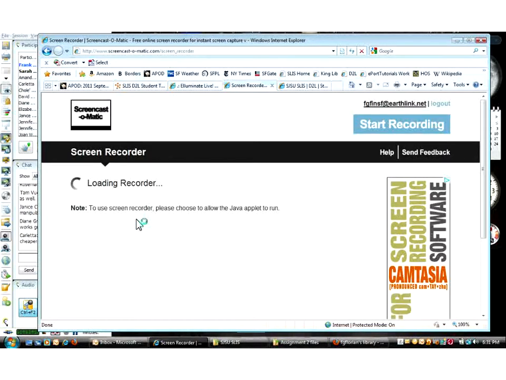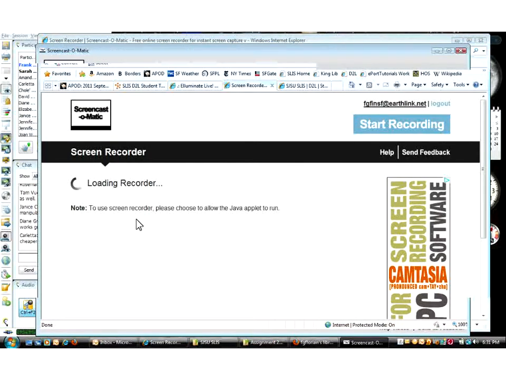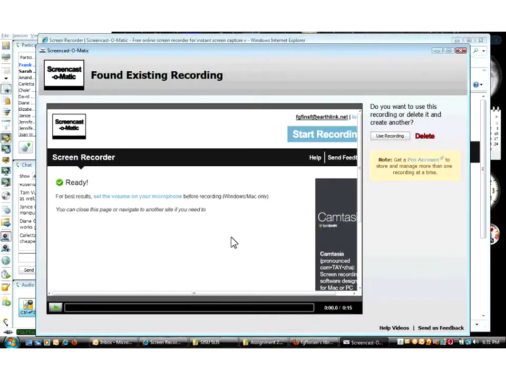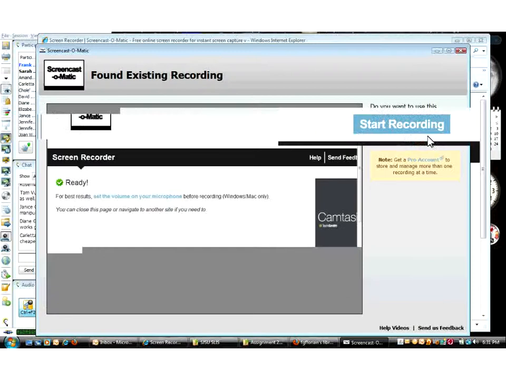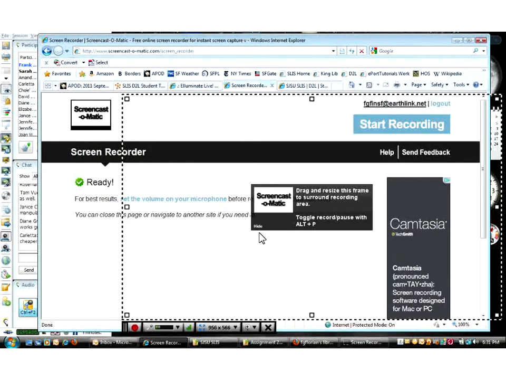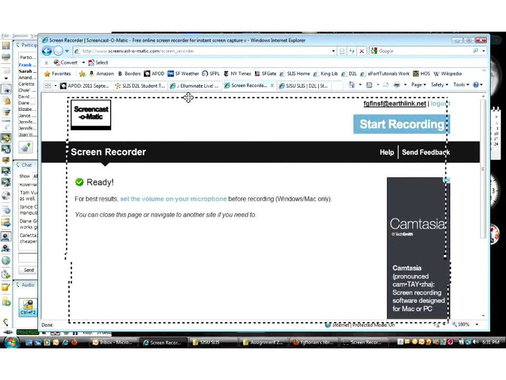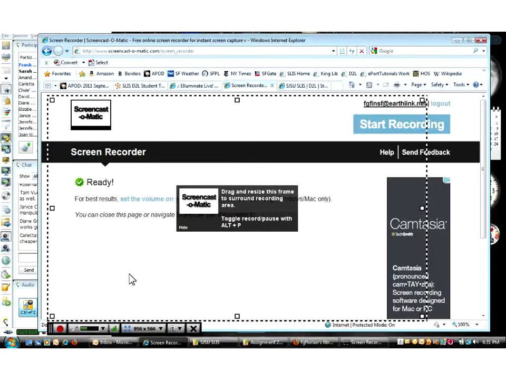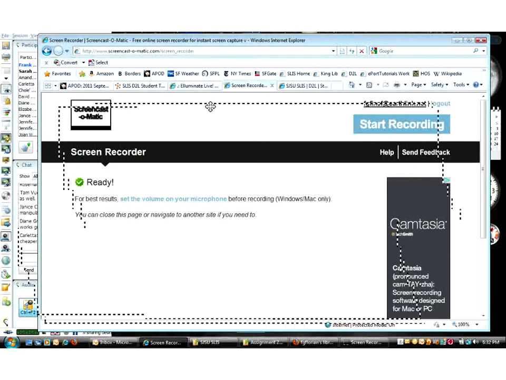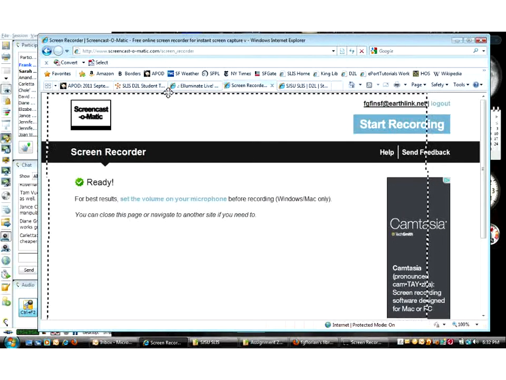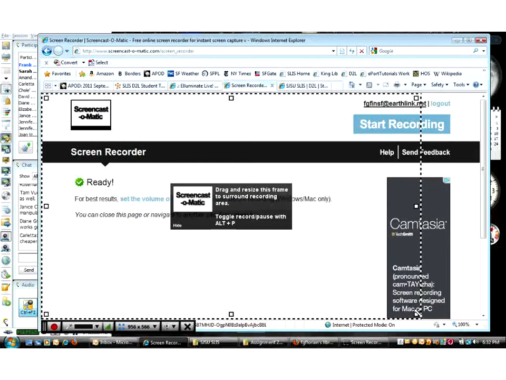What it's going to do is take a second to load up the Java application, which is going to record your screencast for you. Okay, it looks like it tried to, I'm going to delete this recording. All right, once the application is loaded up, you'll get this little dotted line square. This is the area that you're going to record when you actually start recording. You can position this square anywhere on your screen, and you can even resize it